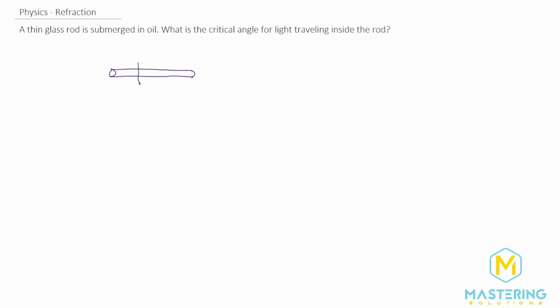So if we zoom in to this section right here, we have light traveling down this. And what is a critical angle? That means what angle are we going to have total internal reflection? So instead of getting any refraction through the glass, all of it would bounce back into the glass here. That angle, that's what we're trying to solve for. And it's this angle right here. So theta sub c, and this is also theta sub c. So these are equal to each other.